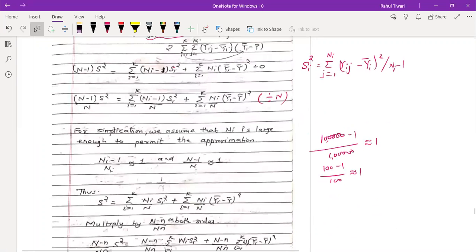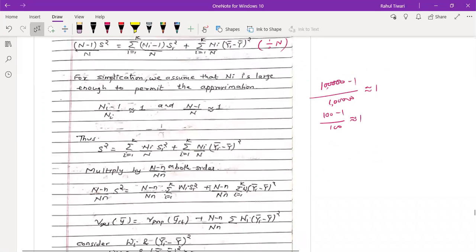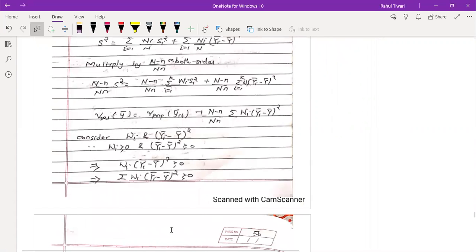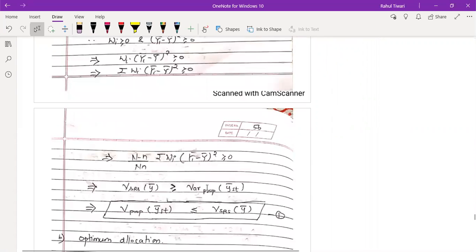फिर इक्वेट किया, सिंप्लीफाई किया थोड़ा सा, मल्टीप्लाई थ्रू आउट किया ये, because I know this is the variance of y bar under SRS, and then this quantity will be weight, positive दिखाना है, and hence it is greater than equal to this. Means under proportional location I can say that the variance under proportional location is a minimum as compared to